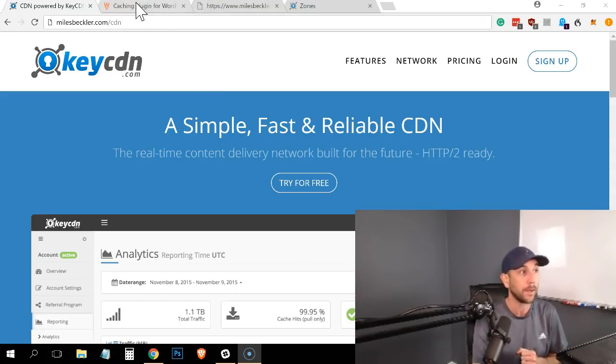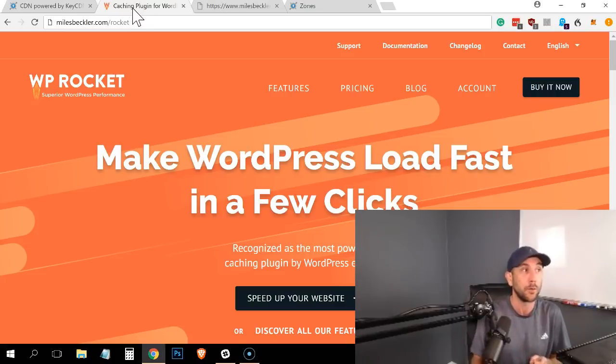And then the plugin that I'm using for caching is called WP Rocket. You can access this at